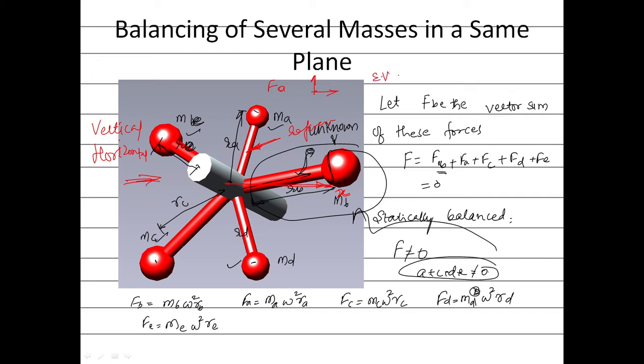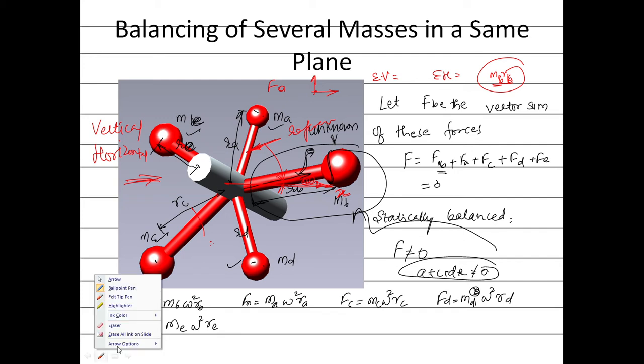Then you go for summing of vertical forces and horizontal forces, and then you get the resultant force. When you get the resultant force, you come to know the value of the product of MB and RB. Also, you come to know the inclination it should have with respect to the axis, that is, theta B.